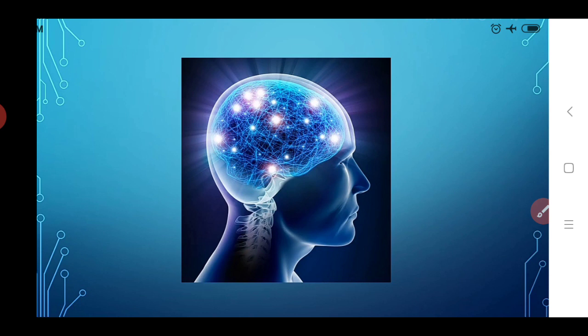Why does this electric current flow? Because in our body some fluids flow, that is our blood, and there are also nervous systems. These help to pass the sensations from all our body parts towards the brain, and this is carried out by the small amount of electric current which flows in our body and passes towards the brain. In that way we feel the sensation.